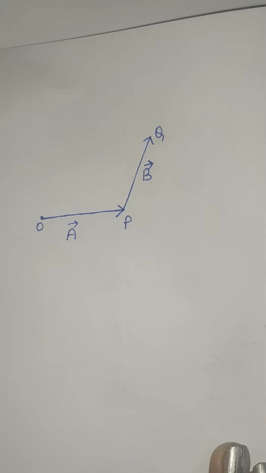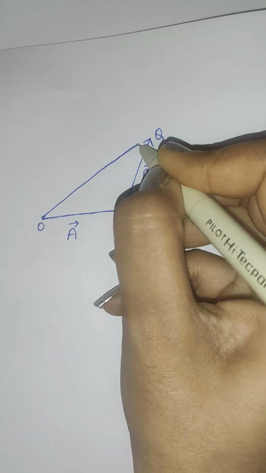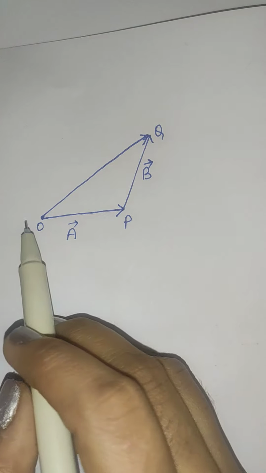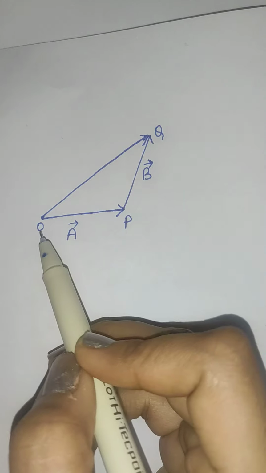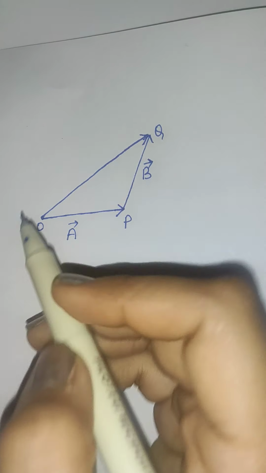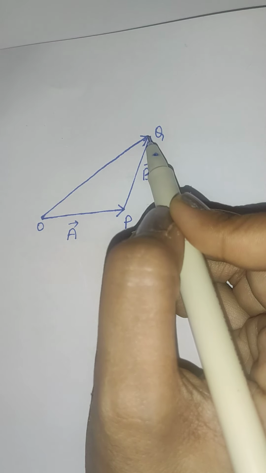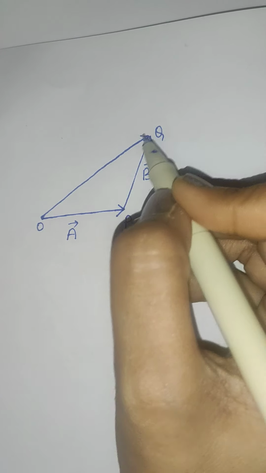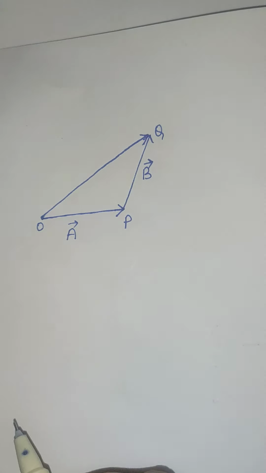Now, according to triangular law of vector addition, the resultant would be represented by the third side of the triangle taken in the opposite order. Now, what do we mean by opposite order? Suppose I would have gone in the cyclic direction, O to P, P to Q, Q to O. Every side would have been in the same order. But now I move from O to P, P to Q. But for the resultant, I'll have to lift my pen from here and reach O and then join Q. So I'll get the resultant OQ. Hence the direction is opposite in order.